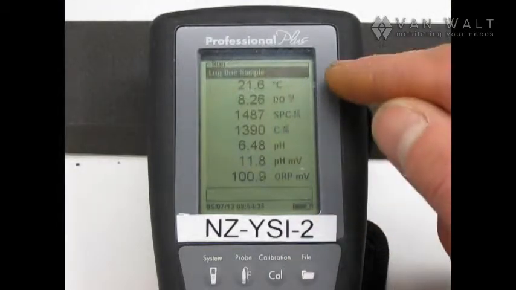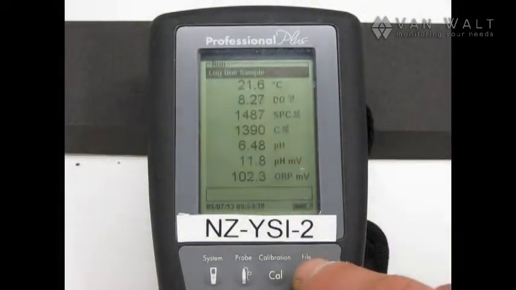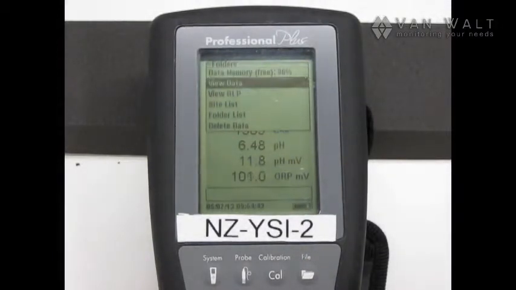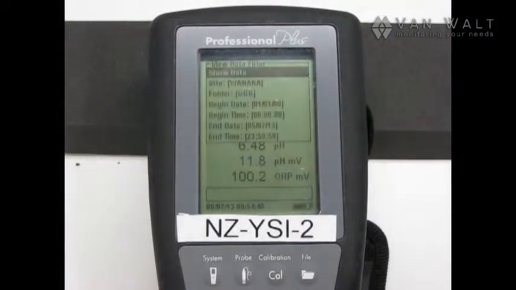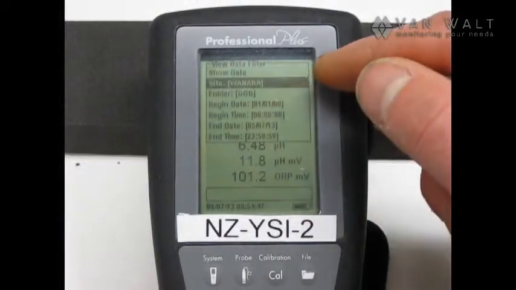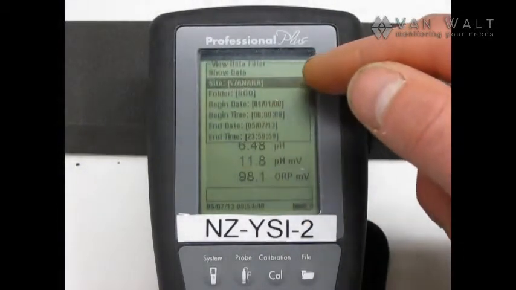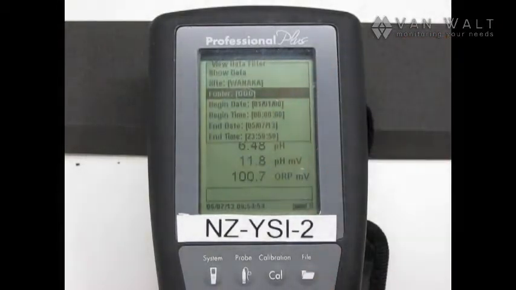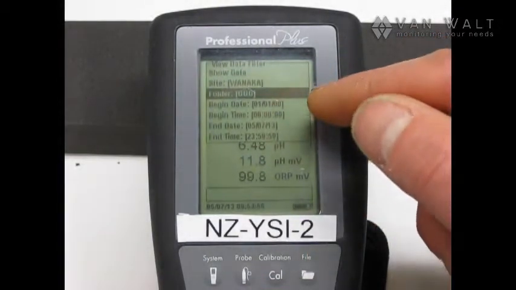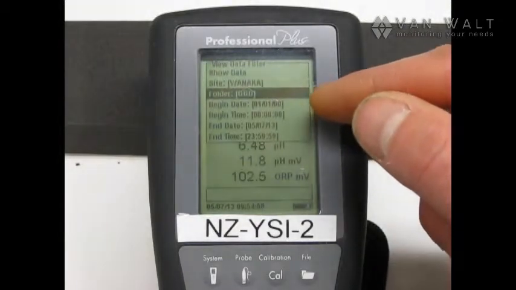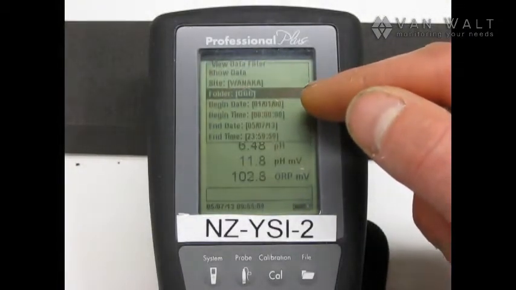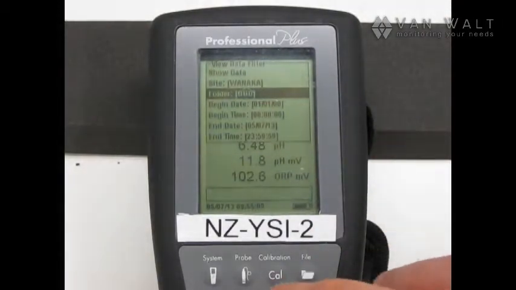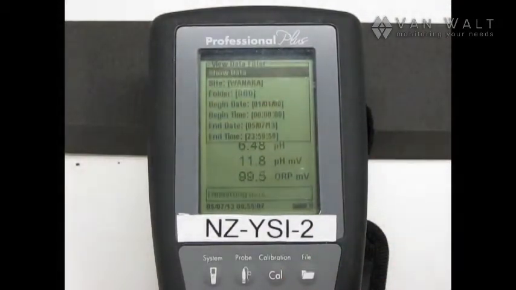and that's logged here, and then we can press the file button and we can view data. The data we want to see is in the site folder Wanaka and in GGG. There are some options here. You can actually narrow your search parameter down by editing the begin and end time. Let's just show data, enter,